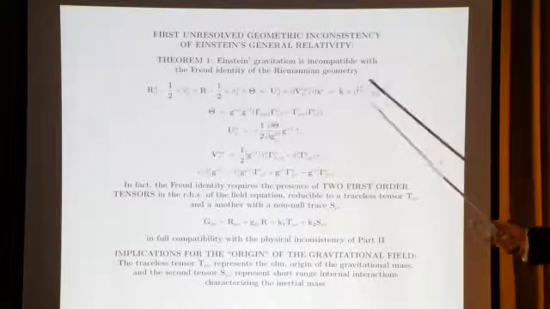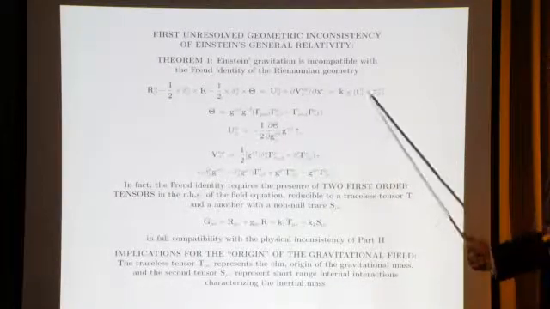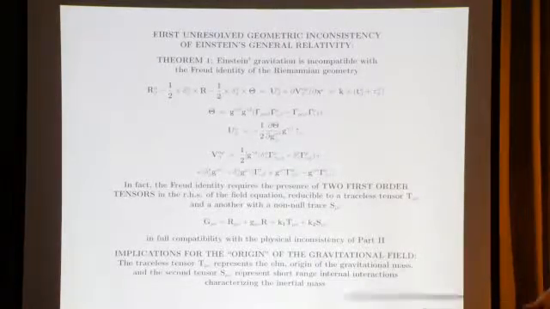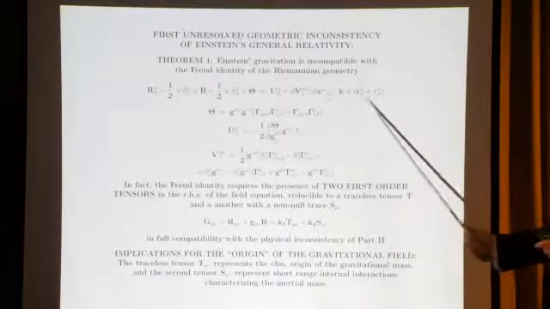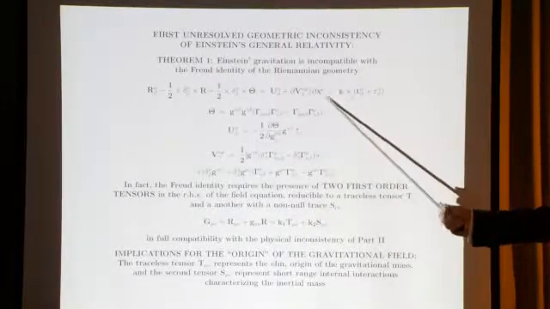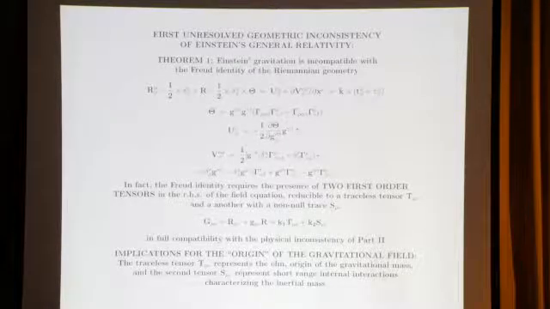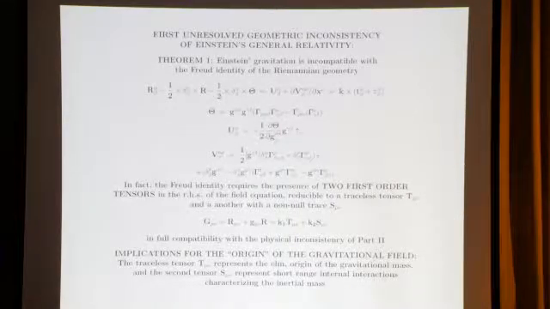As a matter of fact, the 2 tensors in the Freud identity can be rearranged in any way you want. This is all allowed, no manipulation in this case, because you move elements from one to the other, you don't do approximation. But one of the tensors can be traceless and the other can have trace. This is precisely how you get one tensor characterizing the electromagnetic origin of the mass, long range, exterior gravitational mass, and the other, the inertial mass, the interior, and so on.